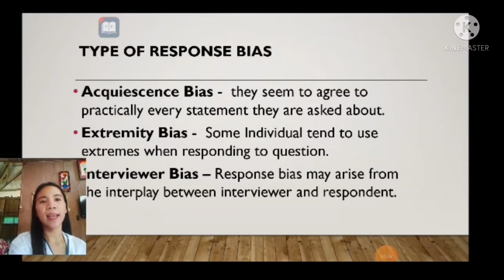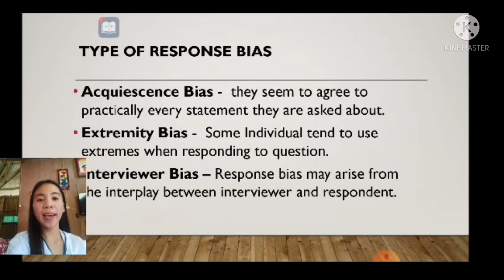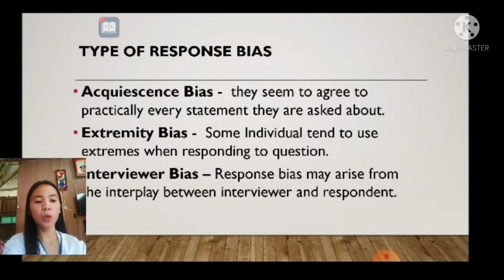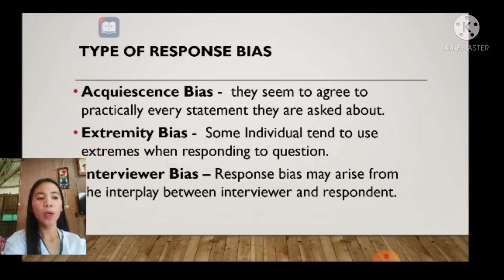And next is acquiescence bias. They seem to agree with practically every statement they are asked about. Acquiescence bias, also known as agreement bias, is the tendency for survey respondents to agree with research statements without the answer being a true reflection of their own position.